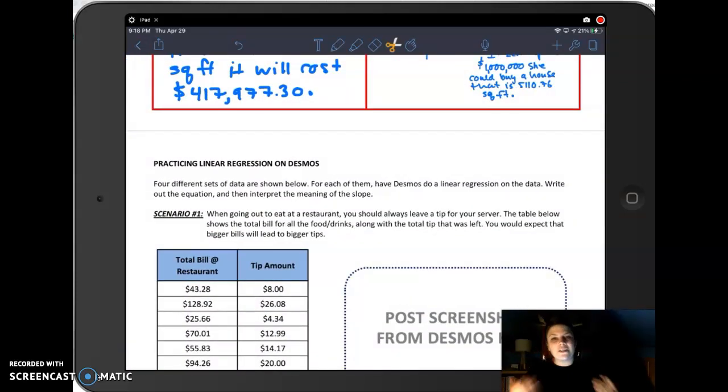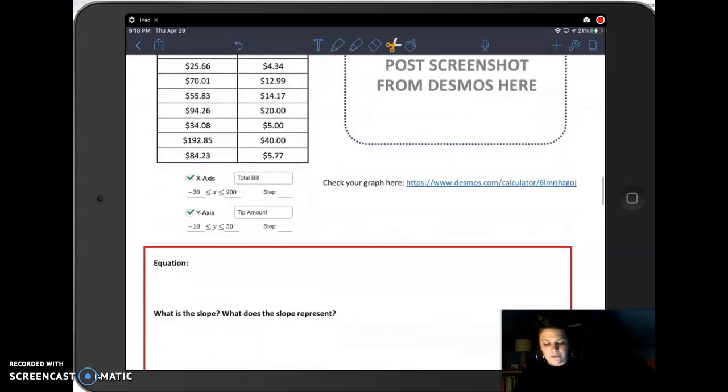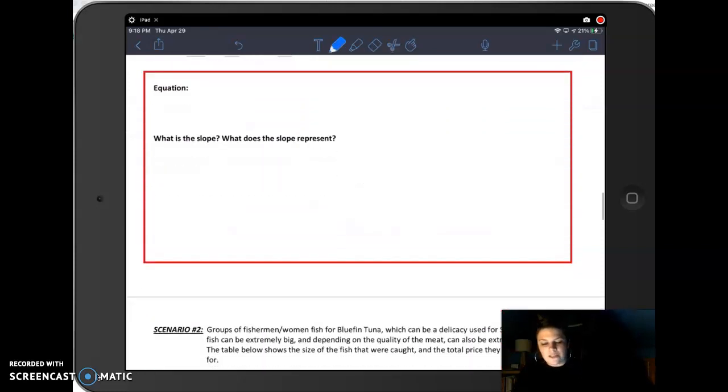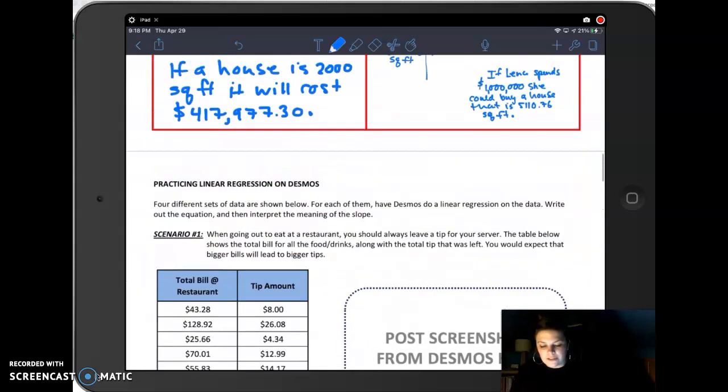All right, so the next part of this assignment is for you just to go through and try this. You'll notice that the only thing that you have to answer is the slope. And what does the slope represent? So all you've got to do is look back at